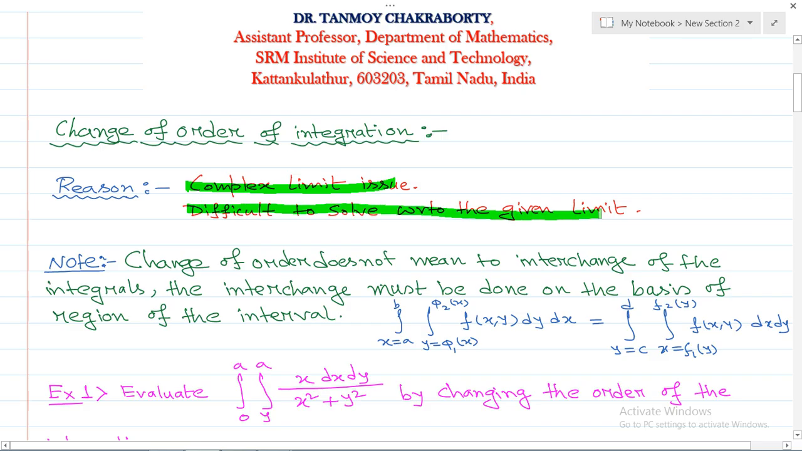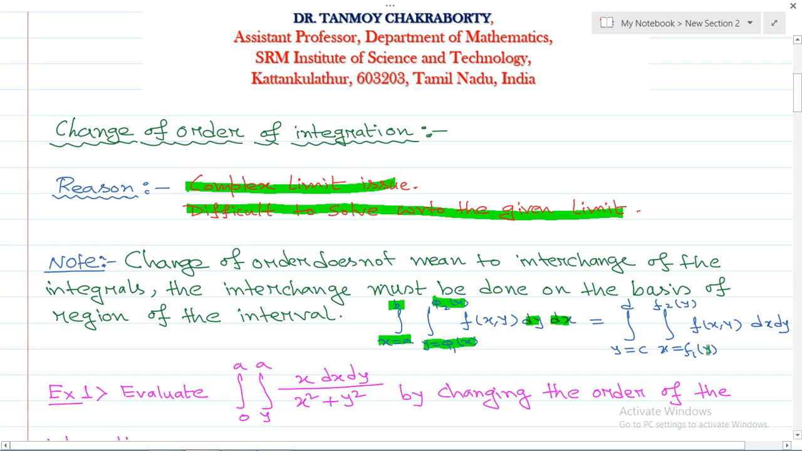Now how to change the order of the integration? Basically, whenever we change the order of the integration, the integrals will interchange their position. Suppose we have one integration where x is varying from a to b and y is varying from a function of x to another function of x, f of x y, first dy then dx. But whenever we change the order of the integration, then x, which initially was a constant limit,